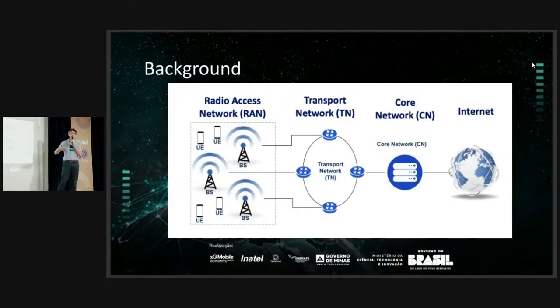For example, many papers consider slicing and the RAN, with different topics considering only the RAN, the core, or the transport. We argue that end-to-end network slices are important. We consider all domains because we need to guarantee latency, for example, or throughput. We need to consider this point of view.